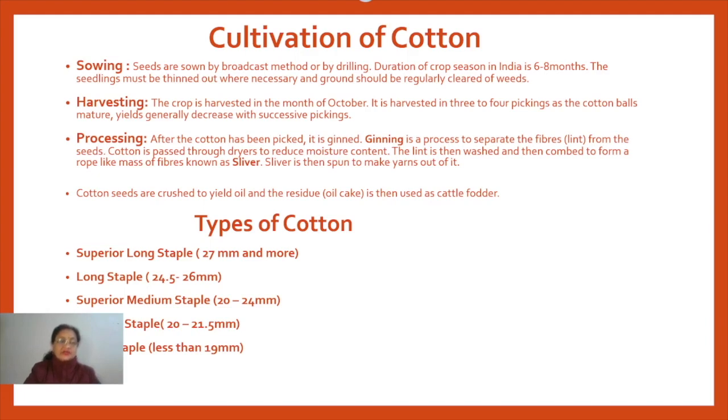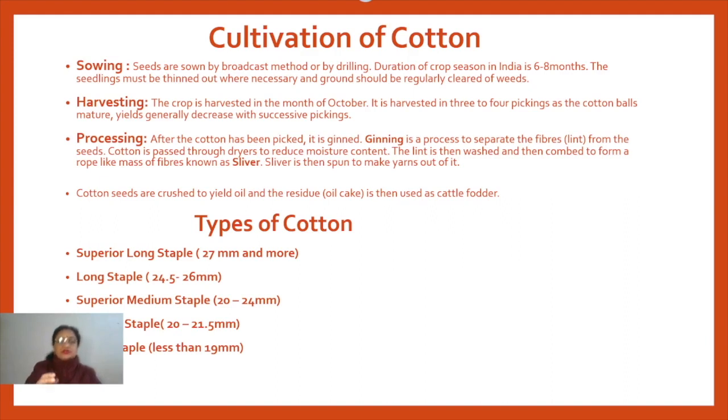According to that, number 1 is the superior long staple. Staple means the fiber. So superior long staple is the first one, and under this category, if you see, this variety of cotton is produced